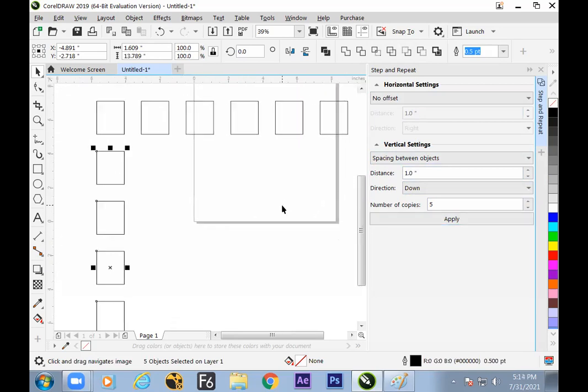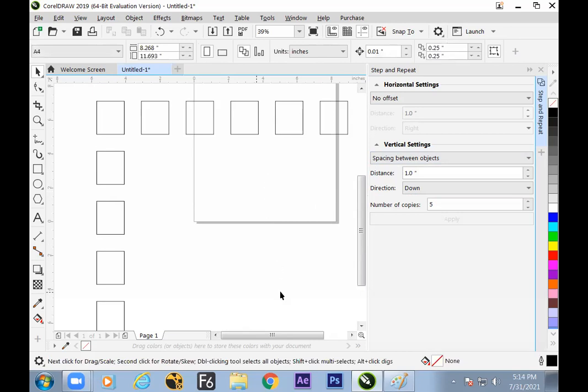Now we have seen how it works on an individual object, as if we are talking with this software. The information over here is up or down, and here onto the top, no offset, spacing between the objects, and offset. Spacing between the objects means this is the gap. So this gap is considered now.